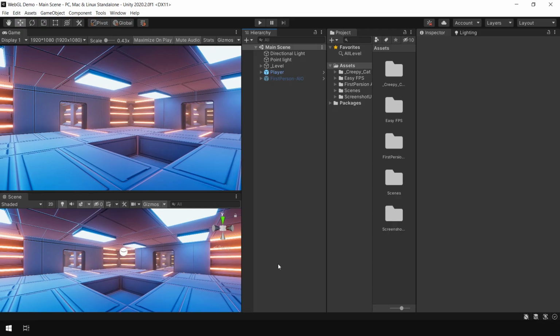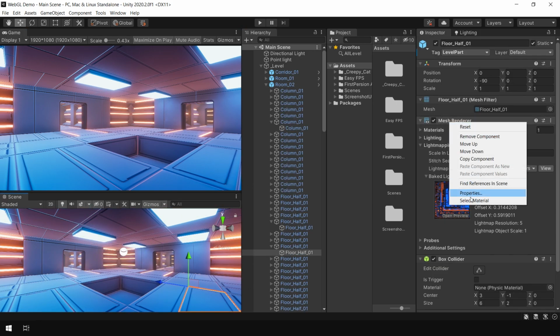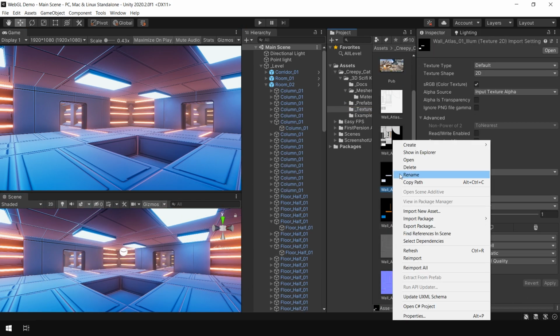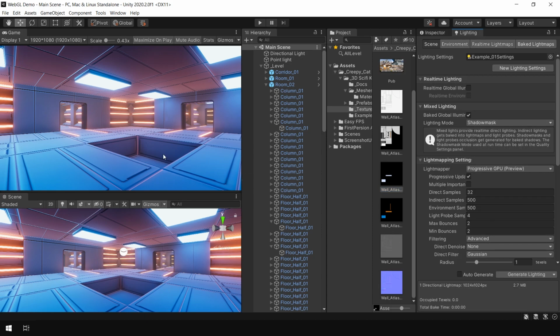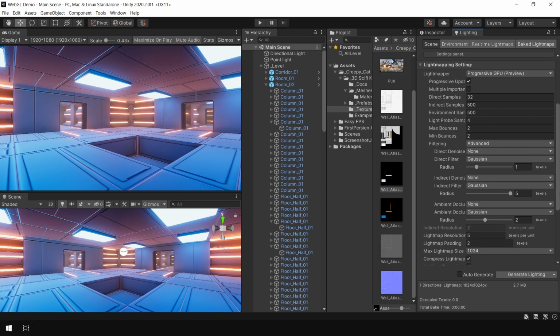Alright, I have set up a very simple scene using that asset. I also made some changes in the scene. If I go to the material of this scene, here you can see this is the default texture that comes with this package, but I slightly modified the emission texture and added some colors in it. And later I baked the lighting. That's why our scene is looking a bit colorful. And here you can see my light baking settings.